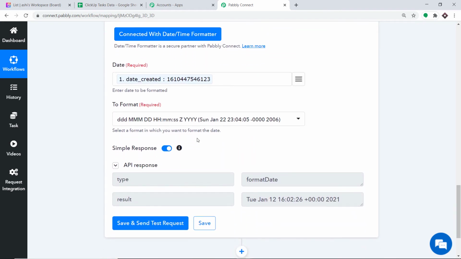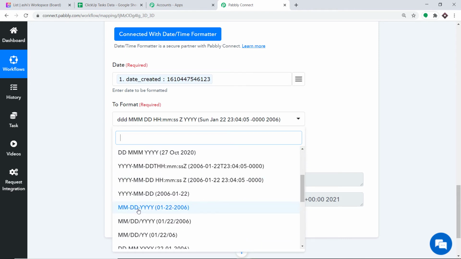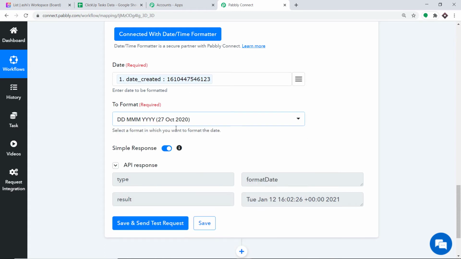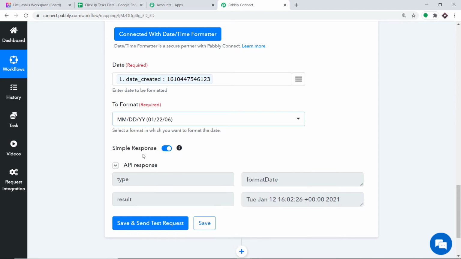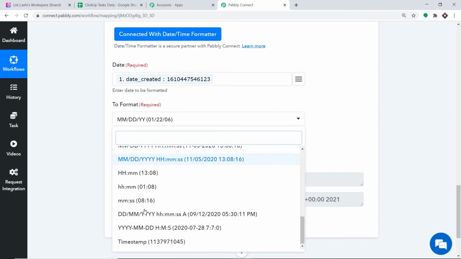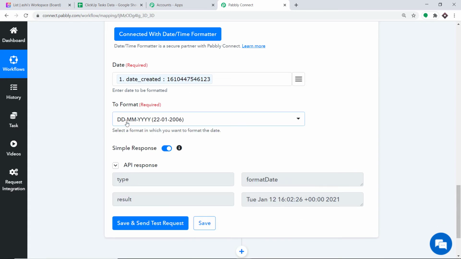As you can see, it is showing in this format, that is days, months, hours, minutes, seconds. We basically want a very simple format. How about we go with this one? Okay, no. How about this one? No, not this one either. Okay, we will go with this one. It's actually very easily readable, that is days, months, years format.